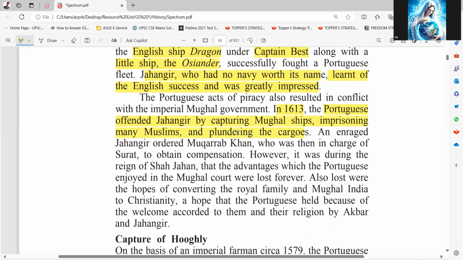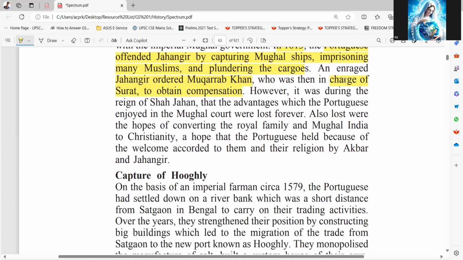An enraged Jahangir ordered Mukarrab Khan, who was then in charge of Surat, to obtain compensation. However, it was during the reign of Shah Jahan that the advantages which the Portuguese enjoyed in